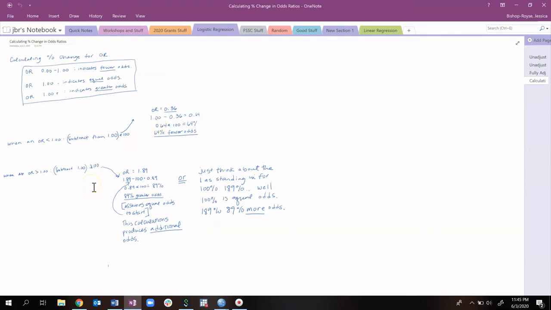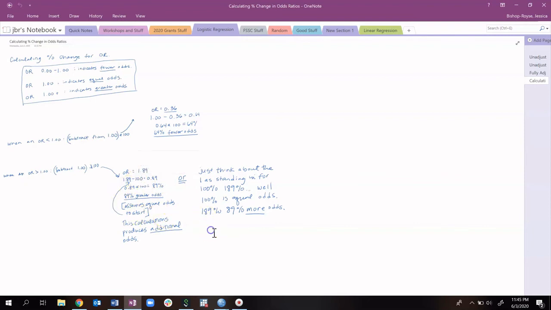Now, when an odds ratio is greater than 1.00, you simply subtract 1.00 from it, okay? So if your odds ratio is, say, 1.89, you subtract 1.00 from it, and then you have a number of 0.89. I recognize that I left out